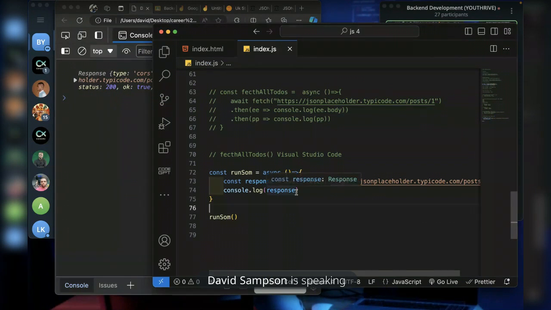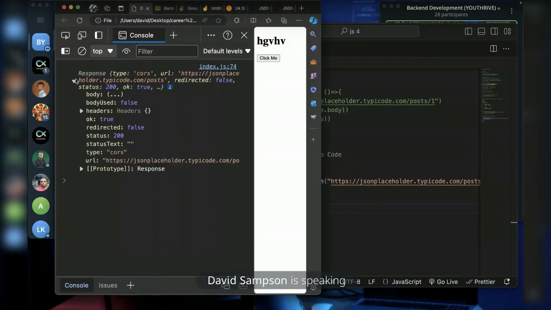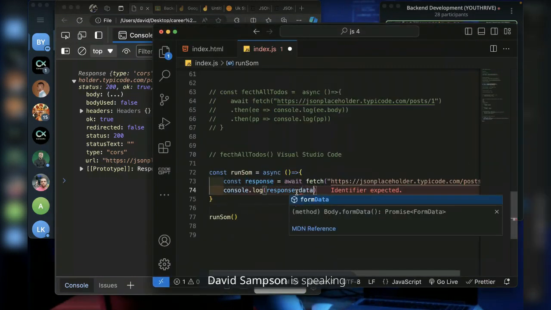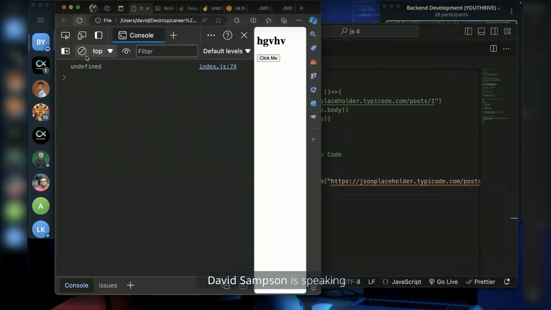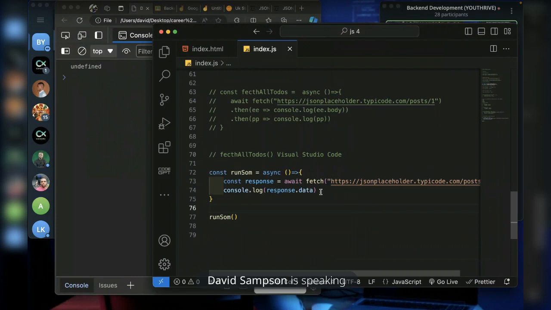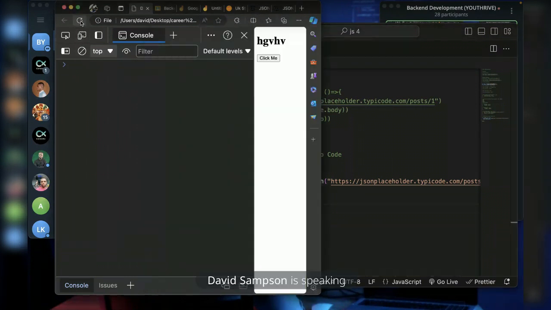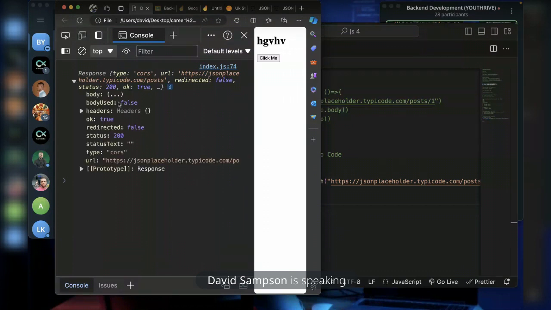So what is actually being returned is the whole response. And I'm supposed to have the data object here, but I don't have that here. So let me see if I can pick out the data object from here. Refresh, and I'm not getting data. So you see that because I've not been able to convert it from what was returned to what I need to use, I can't actually see the information that is being returned. So I can't use it, which is why it's important to convert it.